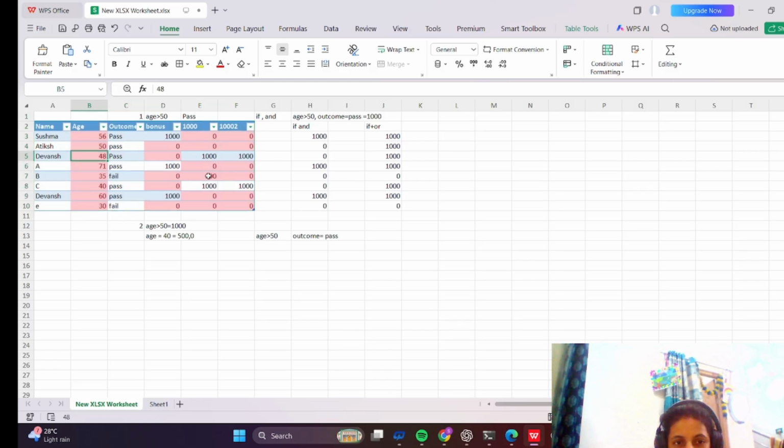Here also 0, 0 and 500, but 1000 has not been colored because it is not less than 1000. It is equal to, not less than. So right now we can use that kind of conditional formatting. And if you want to delete it, if you don't want to apply this condition, go select again